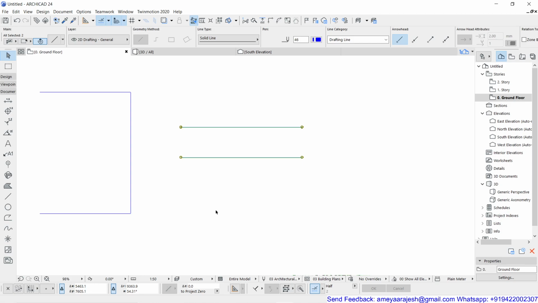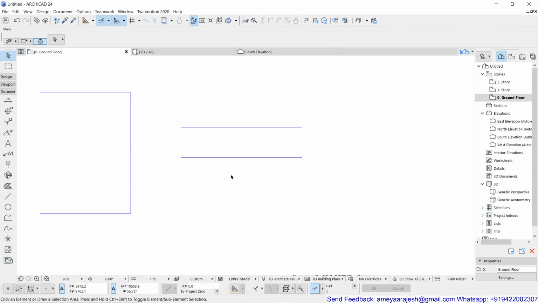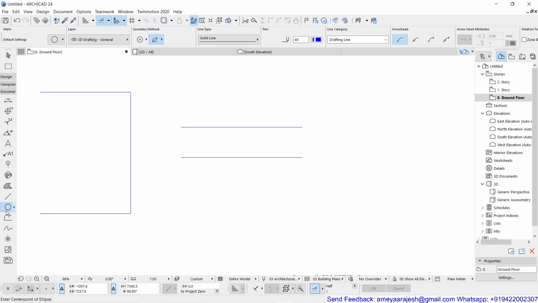Okay, so I have made a group of these two lines. Now, I am going to add one circle, maybe using this center radius method.